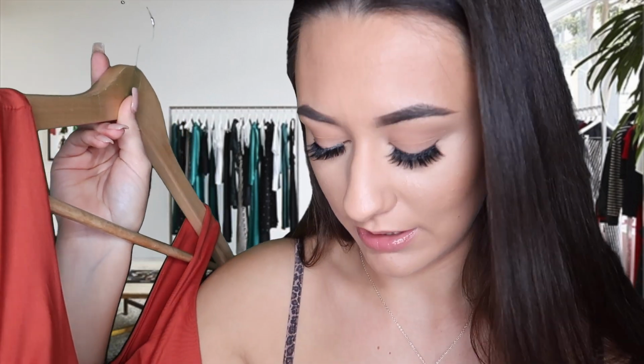Now, it might look a bit much when it's just on the hanger like this, but I'd like to reassure you that when it's on, that detailing becomes a lot more subtle, but it's still noticeable. Now, the reason I love this is that it can be accessorized with absolutely anything. Any colour is going to go really nicely with this. And although it is slightly darker in terms of shades, this is going to look really nice in the spring and summer months. In fact, I think this colour would be beautiful at any time of year,